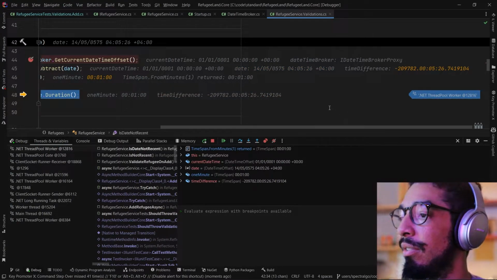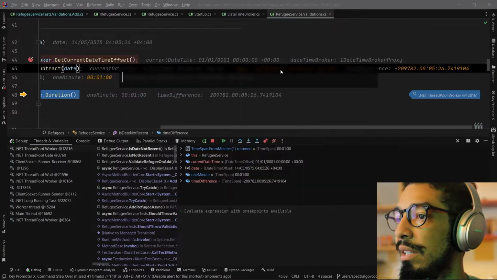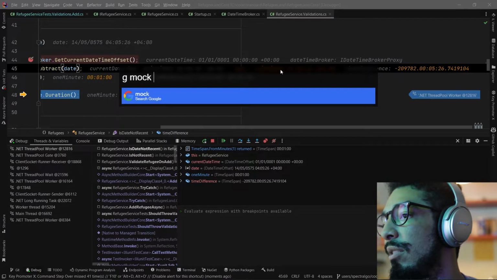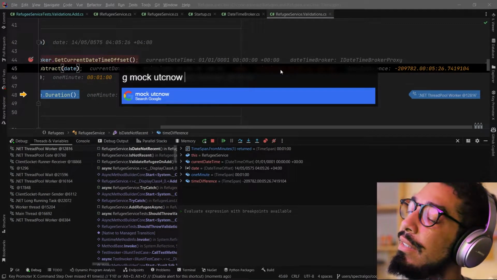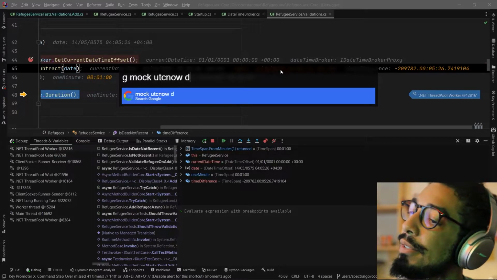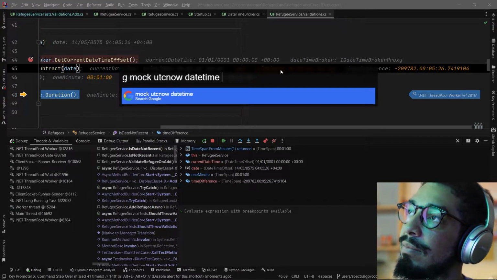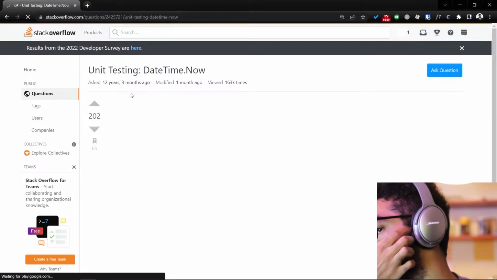So the thing that we could do is to look at Google, like mock UTC now, mock UTC now, maybe add date time and C#, and see if other people have the same problem. So we can see that there are some solutions there,